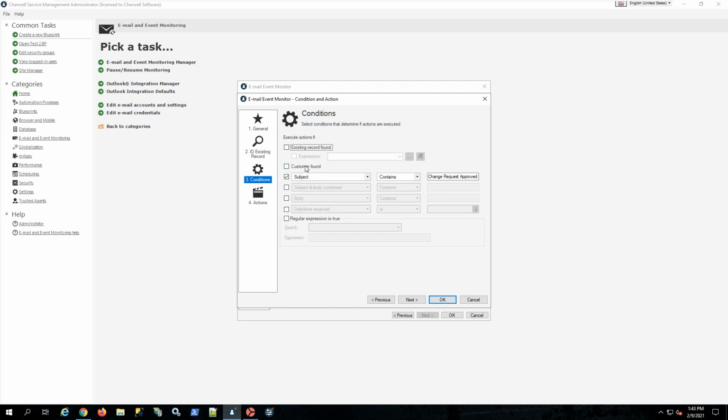And the condition says, we don't care about it being found. Doesn't really matter at this point. What we care about, because we didn't have a specific thing, is we're looking for a subject in that email. So we don't have a conversation ID that we match. So we have to say, okay, what's in the email that lets us know how to associate it for the rule? In this case, we're going to say that the subject contains this specific text. So if they altered that or forwarded it and then sent it, it wouldn't work necessarily. So it must contain this,